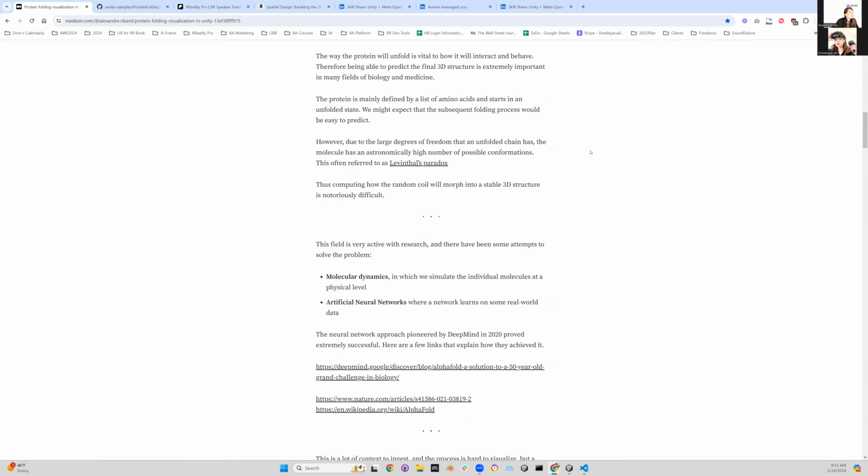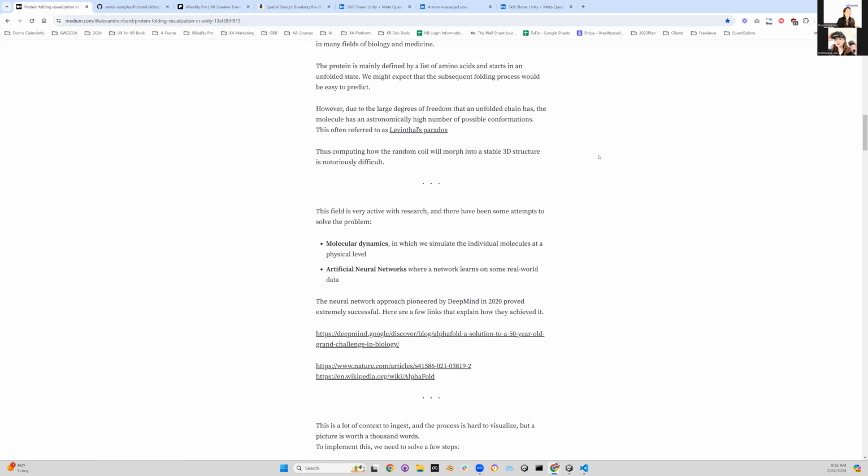Yeah, it's very, very important for pharmaceutical people or bioengineers, biology engineers, and scientists to understand. And this will help us break through in the biology and medicine field. And there's something very interesting, because there is a large degree of freedom in how the amino acids fold with each other. And let's take a look at